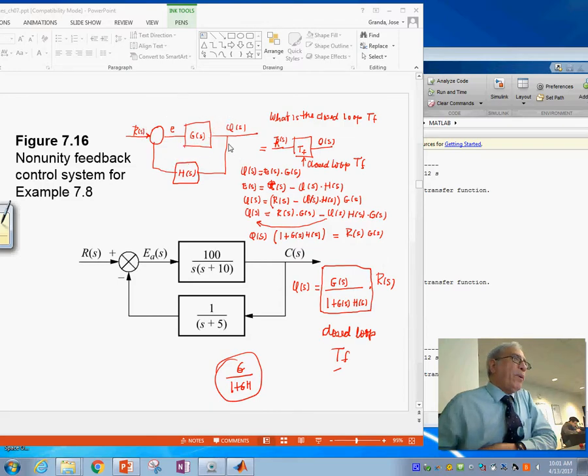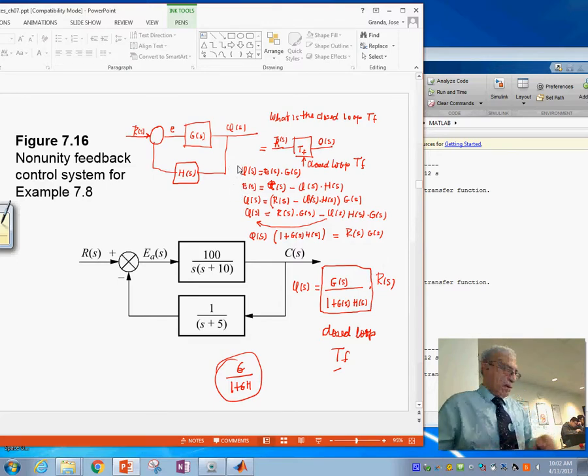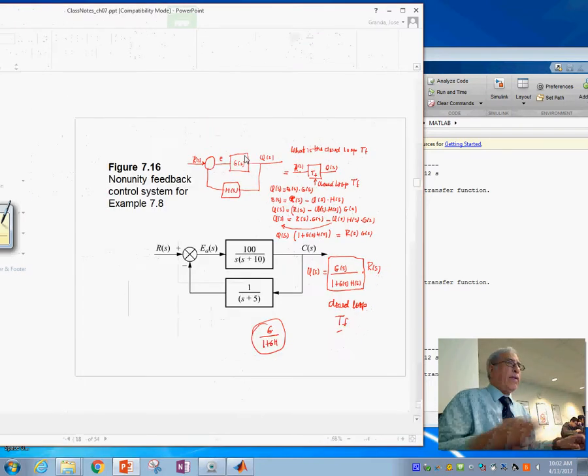So the output is really the error here multiplied by G of S, right? And the error in turn is the signal here, the input, minus this one times this block. So let's write: error of S is R of S minus output times H of S. And if we have these two equations, this and this one, then obviously you will be able to